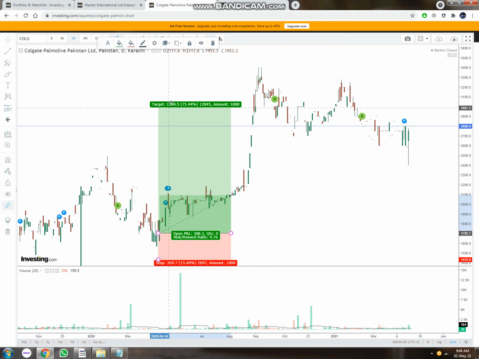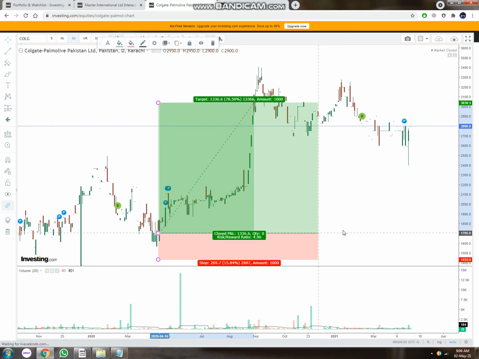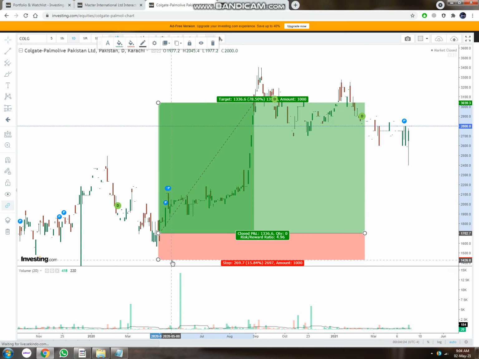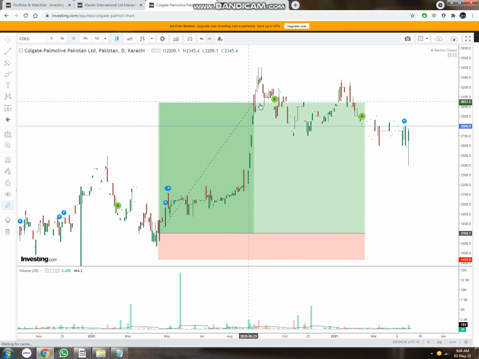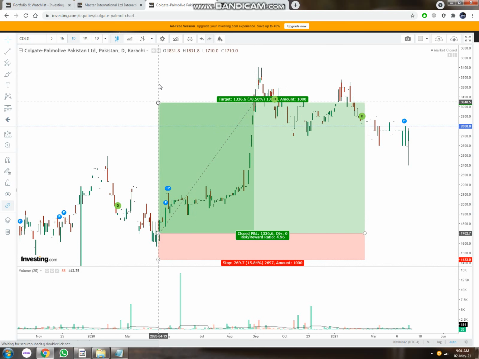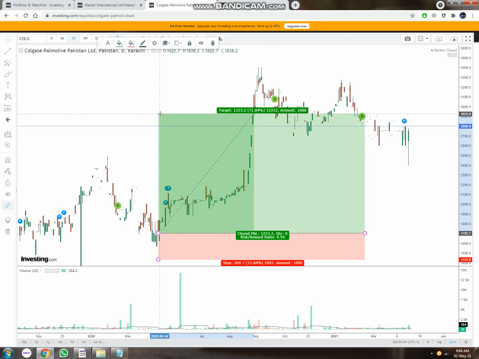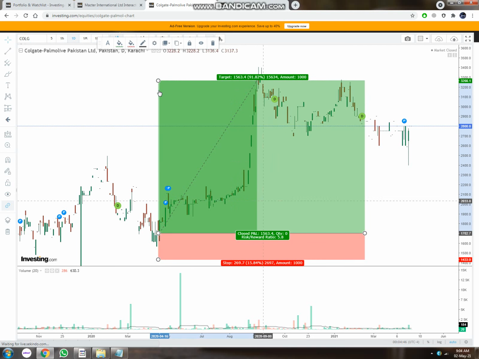Now you can also use it in this way. This is my stop loss, as you can see, and this much profit I want to make. In this case, you will have to define your loss and your profit. So in this case, I've defined my take profit and my loss risk margin. So in both cases, you can see this is to calculate your stop loss